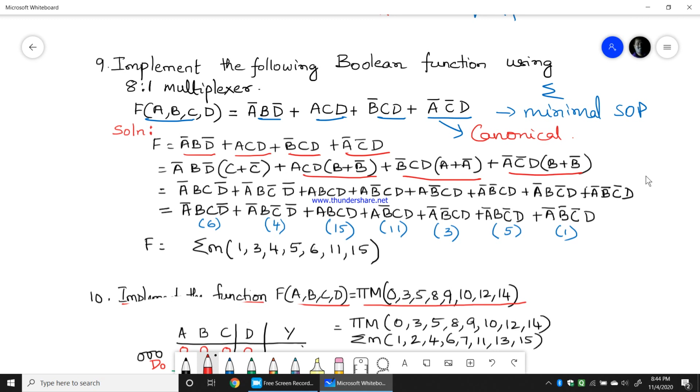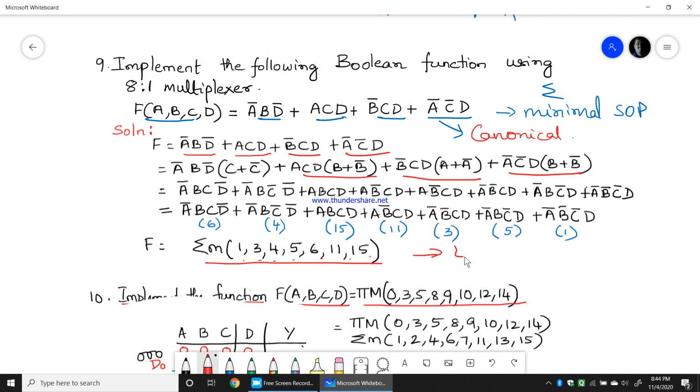Then I will expand this. Finally, you see the final canonical expression I will get in this way: A bar B C D bar, A bar B C bar D bar, A B C D, A B bar C D, and so on. If I convert this into decimal values, this will be 6, 4, 15, 11, 3, 5, 1. I will write it in proper order: 1, 3, 4, 5, 6, 11, 15 are the minterms.